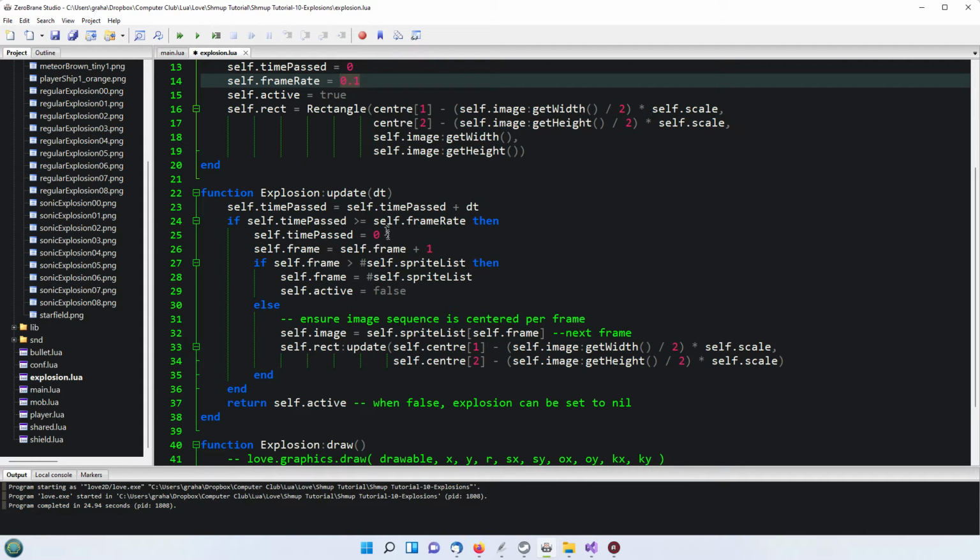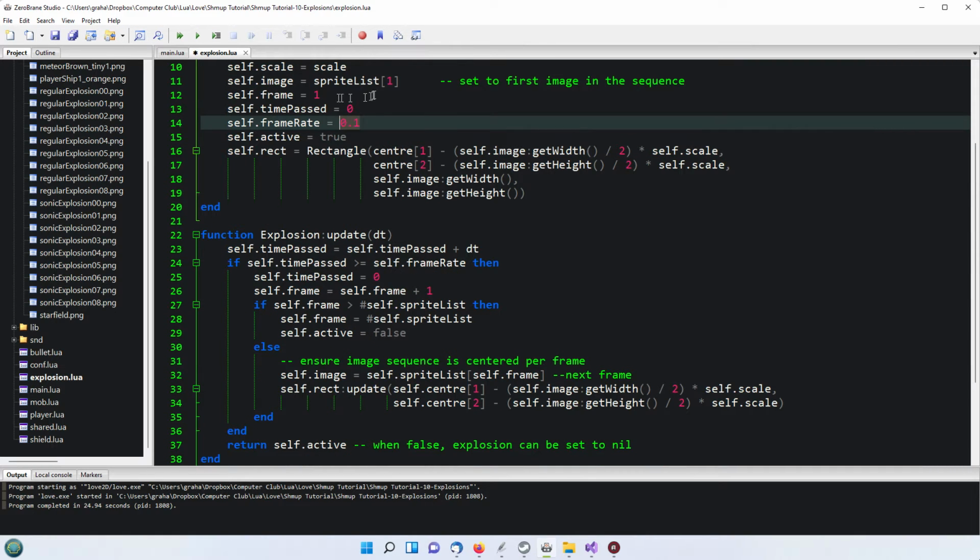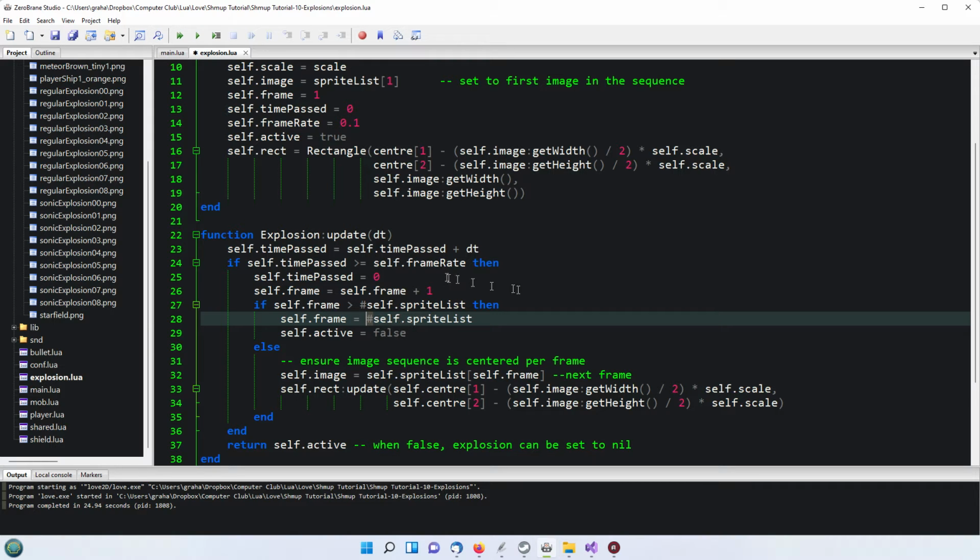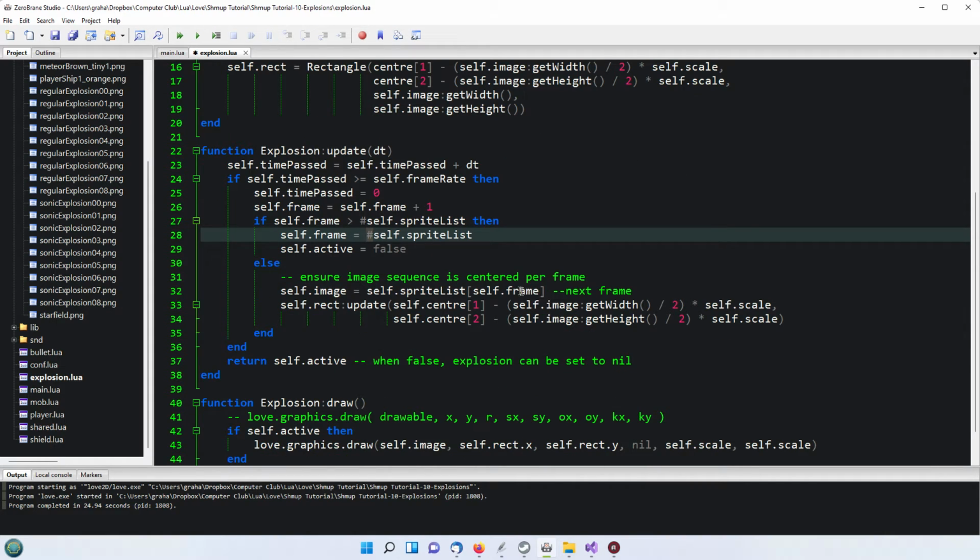So the time passed is then reset to 0. The current frame, which was set originally at 1, is increased by 1. If the frame number is greater than the length of the sprite list, in other words, we've got 8 images, so if it goes above 8, then it's set to the last one, and more importantly, self.active is set to false. So this explosion is no longer active, it's run, all 8 frames have been shown, it's gone. So assuming that it's less than that, there are still active images here, then we are moving on to the next frame here,